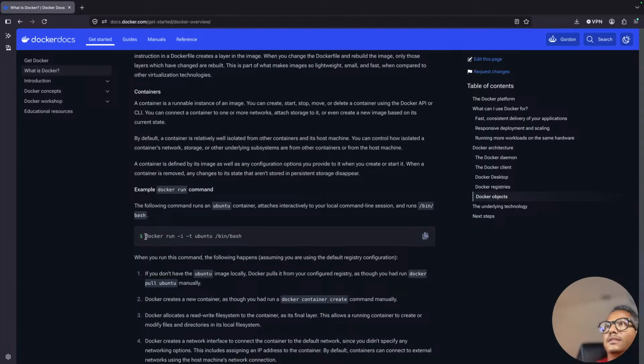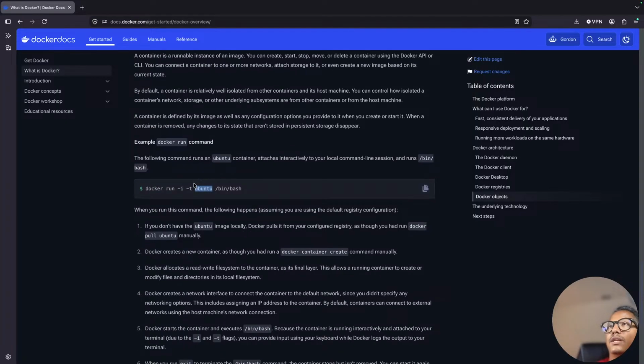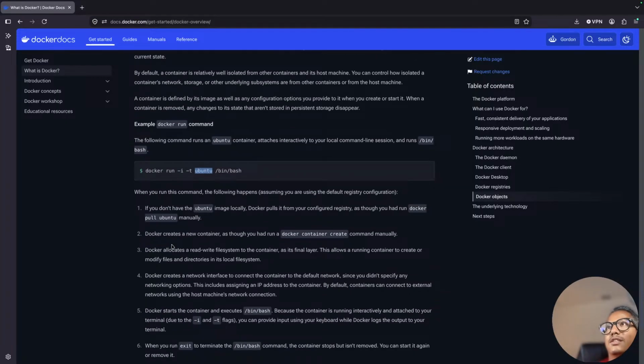So this is the basic command to run the Docker image. This is the image, and this is getting you inside the Ubuntu bash terminal, right? When you run this, what is happening, it's explaining: you pull the image, if you don't have it,